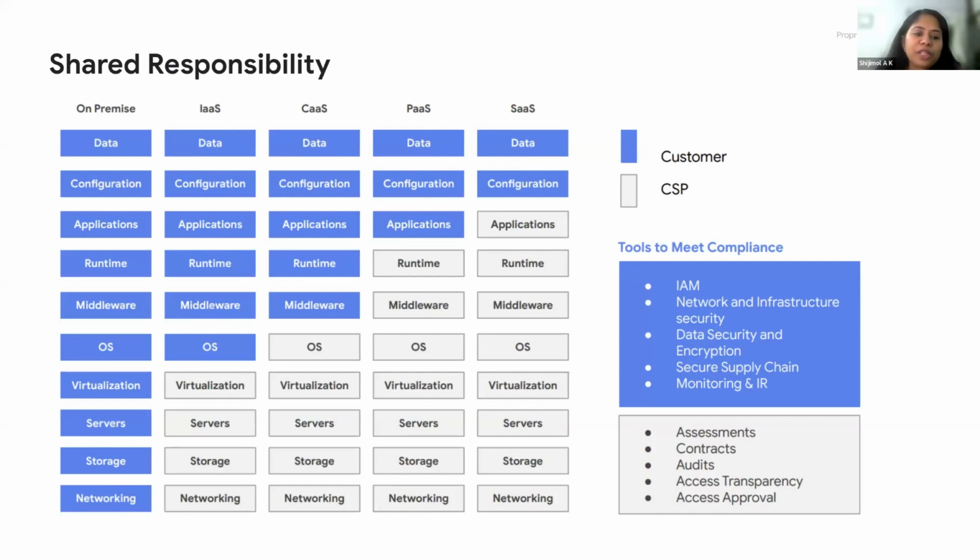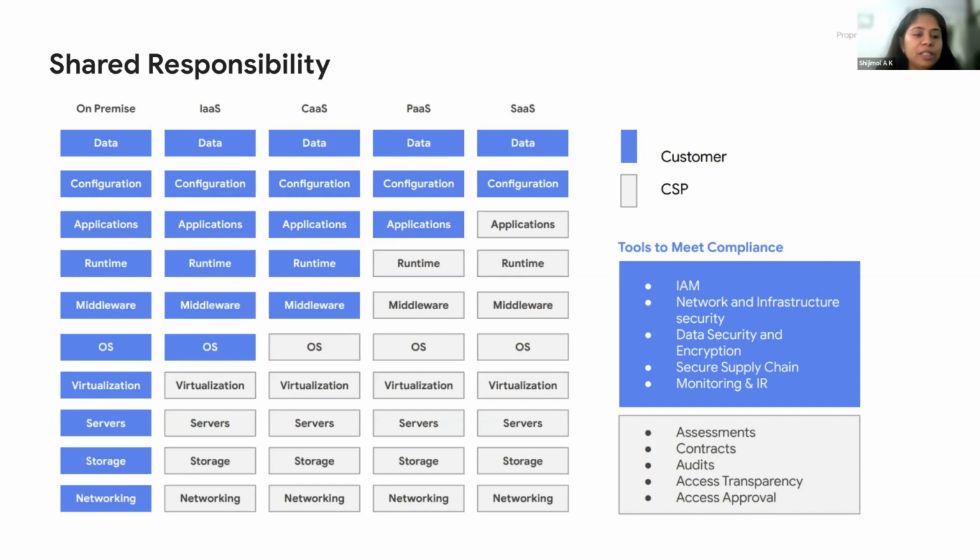Now, when it comes to infrastructure as a service, wherein the cloud is providing the infrastructure, all the security controls have to be implemented from the OS level and upwards. Okay? However, the cloud service provider takes care of the physical hardware security, who has access to their data centers, how the access is controlled to their data centers, how the cloud assessments are done. So most cloud service providers will provide you reports for the different types of security audits for the environment, be it a SOC 3 audit or any such kind of audits.